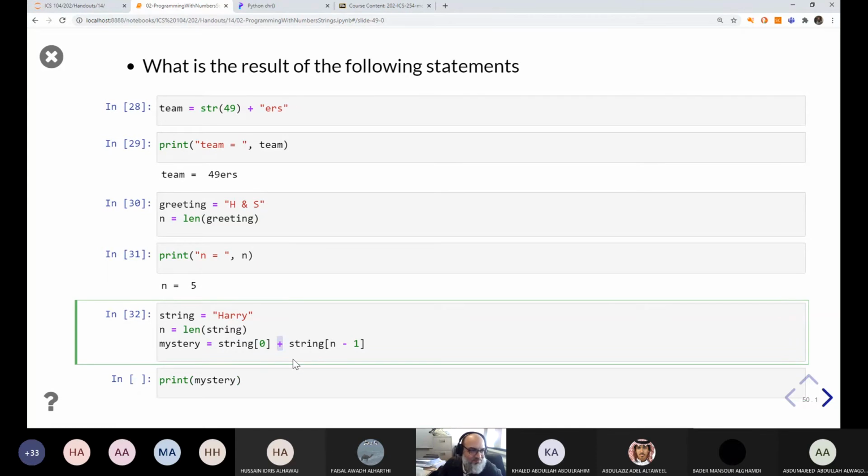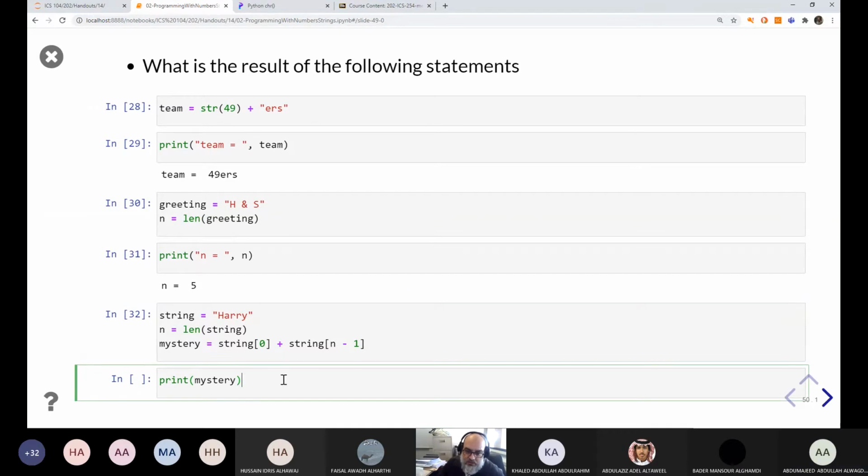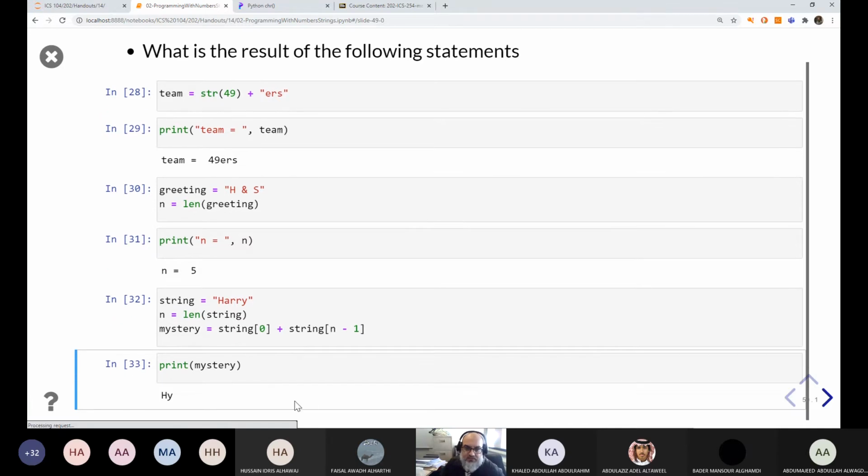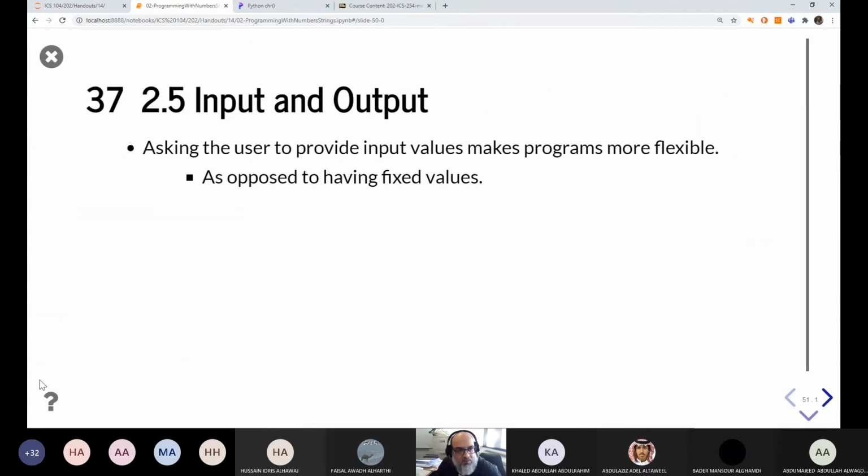This is not a comma in a print statement. I think that we had before that space and the plus, and it was separated between each other. It will only be separated if it was inside the print statement and the arguments are separated by commas. But here we are using the concatenation, so they will not be separated. Okay? واضح يا شباب؟